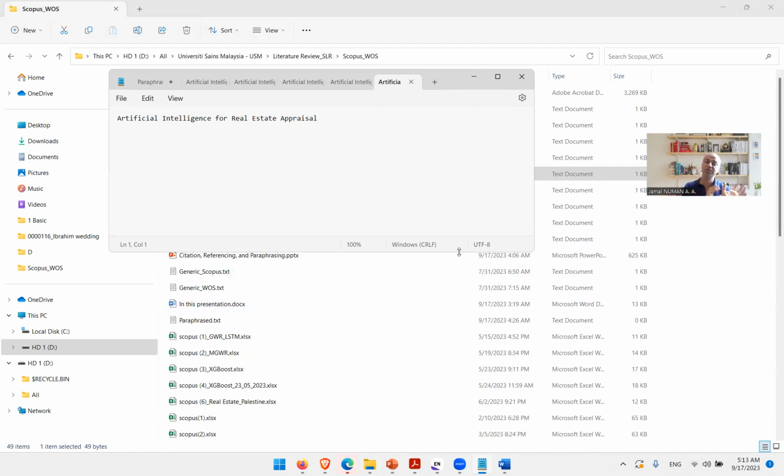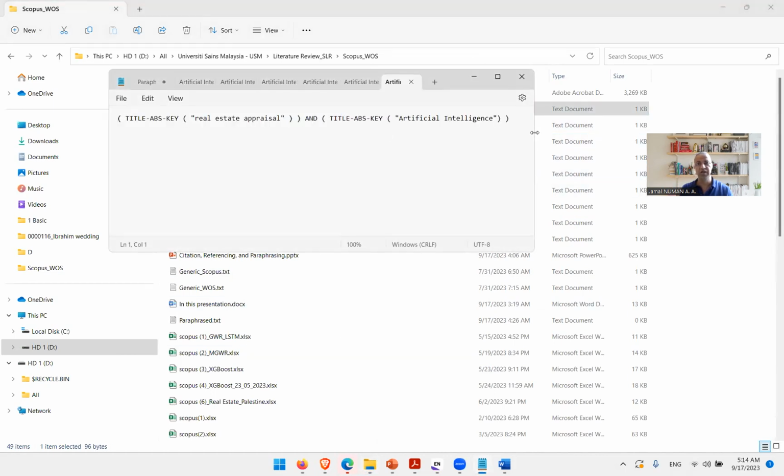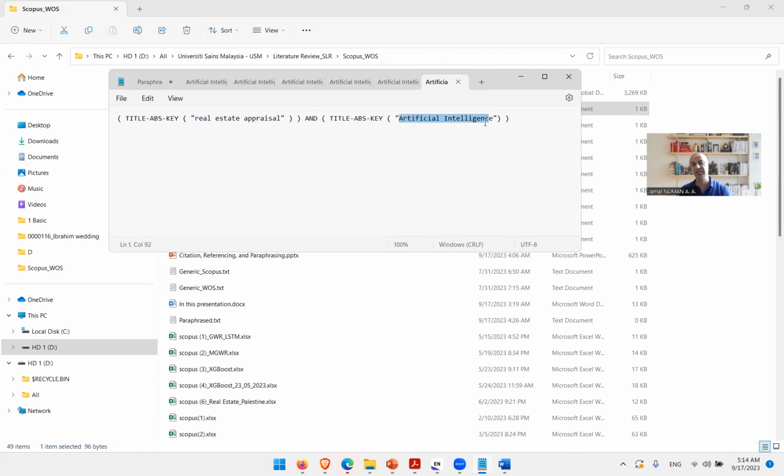So I don't need all the documents that discuss or include artificial intelligence, nor those that include real estate appraisal. I need the combination between artificial intelligence and real estate appraisal. And this is why I need to write a code here. So I need all the documents that include real estate appraisal in combination with artificial intelligence in order to have an effective